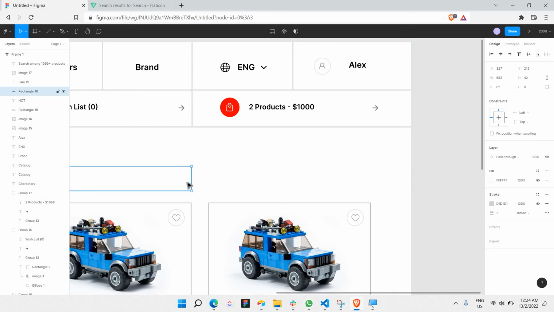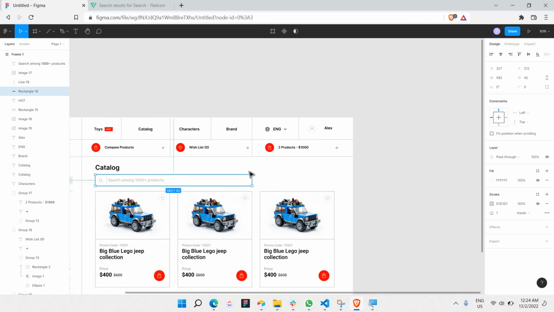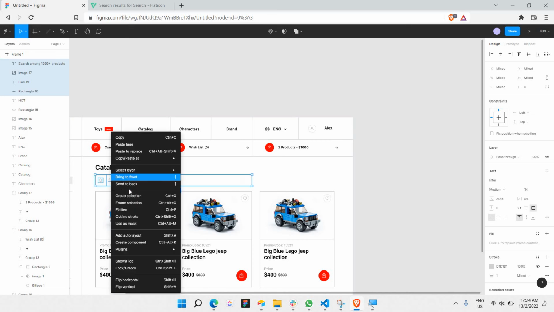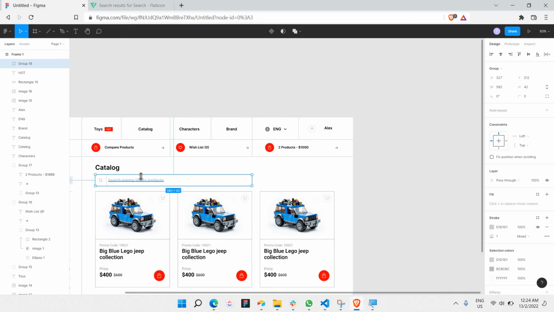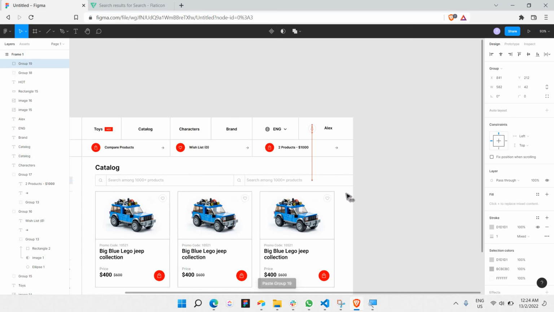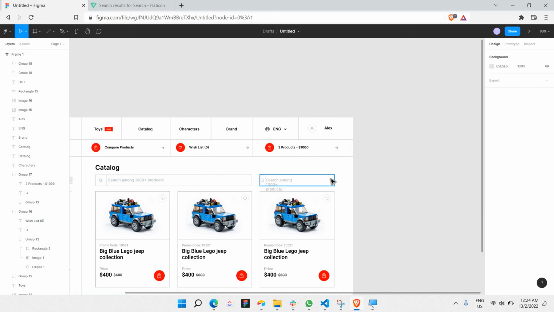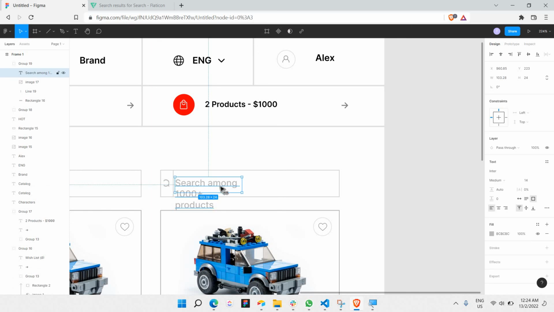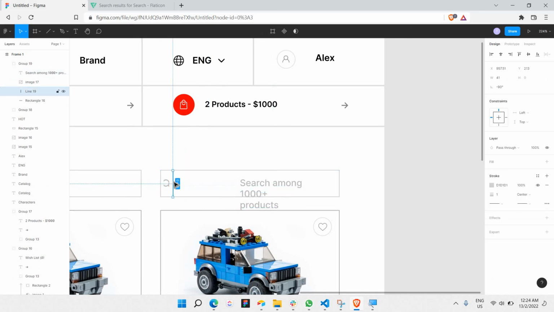So in this case, I'm gonna make a copy of this whole search box here. I'm gonna make a selection of this before copying, and just gonna copy now and paste. Just gonna drag it here. We're gonna reduce the size of them. Okay, there you go. So what I'm gonna do here is place the text here first, and before that I'm gonna make this square here, and this one is gonna be